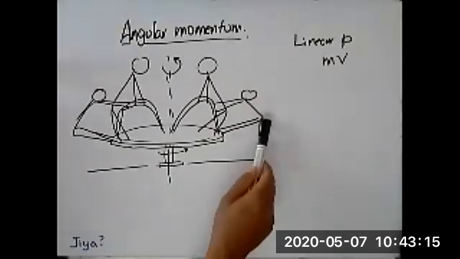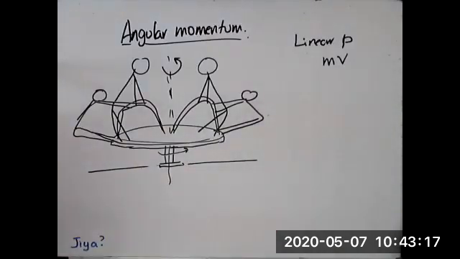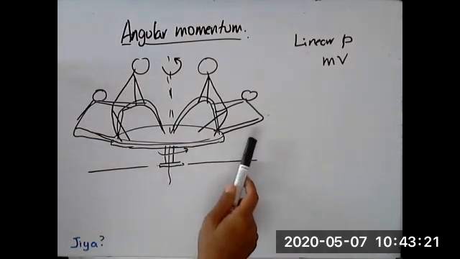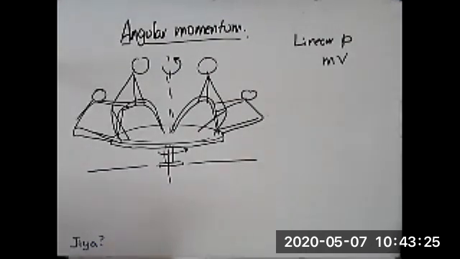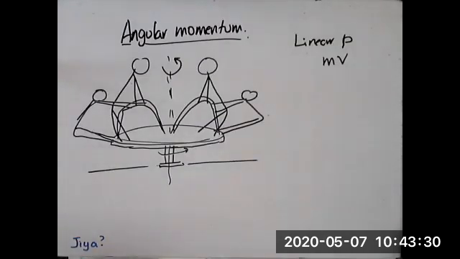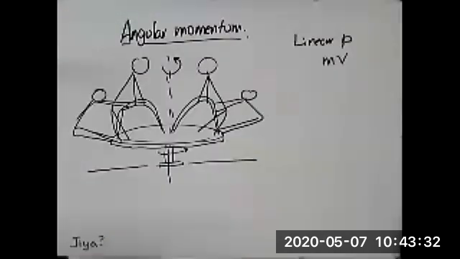We should start with people sticking out like that, and then you spin it, and then you ask people at the count of 3. So I usually say 1, 2, 3, and I ask them both to pull themselves in at the same time. And when they do it in a coordinated manner, something happens. What happens?